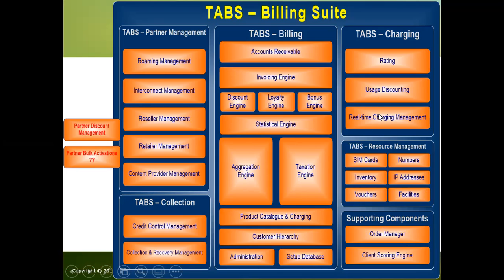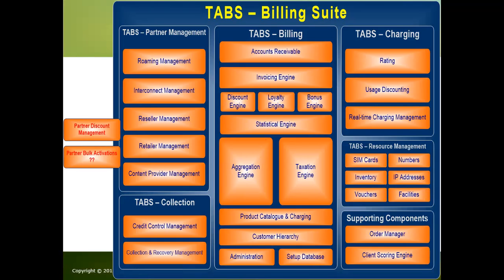So CVCs are quite complicated, and it's not easy, forget the fact they are supposed to be integrated with each other and then integrated with the database. And then you have the billing system, which shows the accounts receivable, your bill, which is called an invoice, and the invoice engine, and if there is a discount, a special discount after certain hours, and then you have the loyalty engine and the bonus engine, and then you have the statistical engine: what time, how much is being used, all the statistical data. Then you have the aggregation engine,